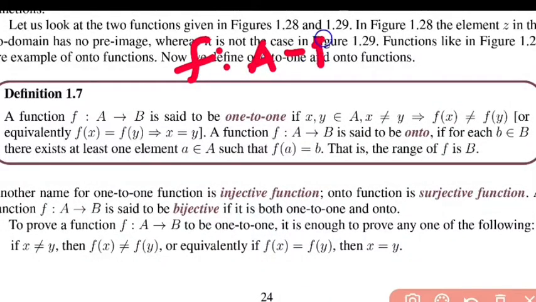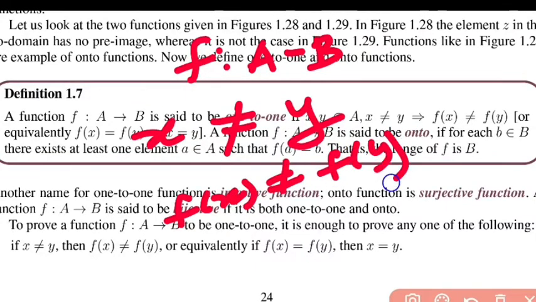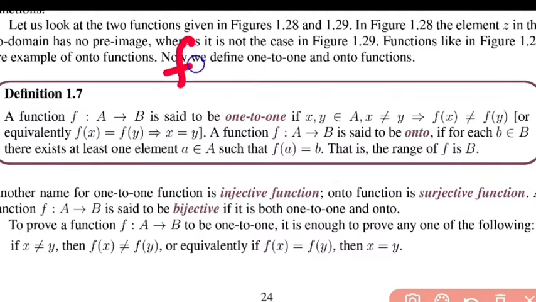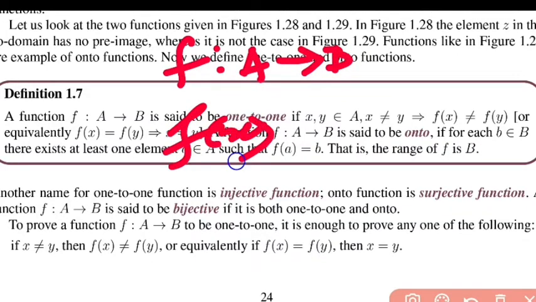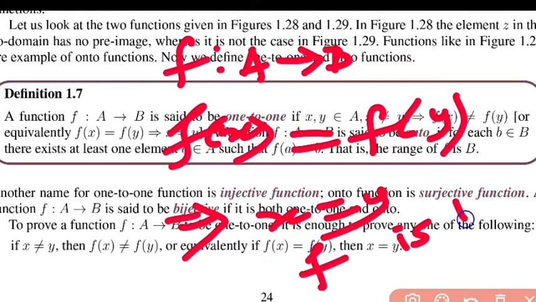A to B, x and y are given, we assume that if points are given we should take not equal to, and if a function is given we should take equal to. So here they gave the points, then f of x is not equal to f of y. Otherwise, same f from A to B, they give f of x, then we assume that f of x equal to f of y, which implies that x equal to y, then f is a one-to-one function.